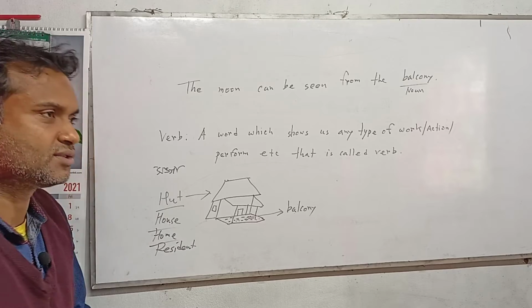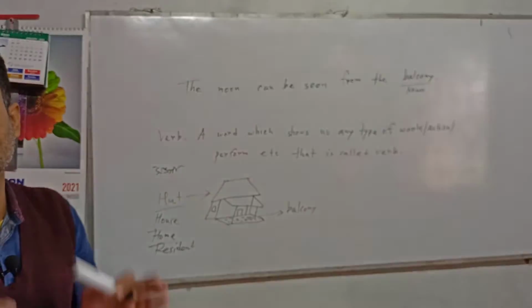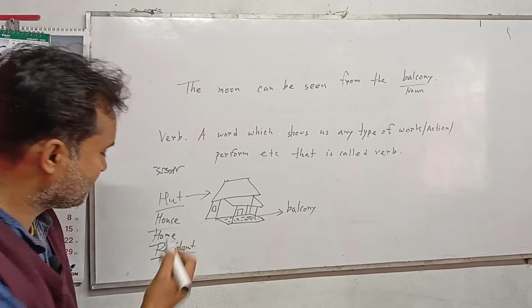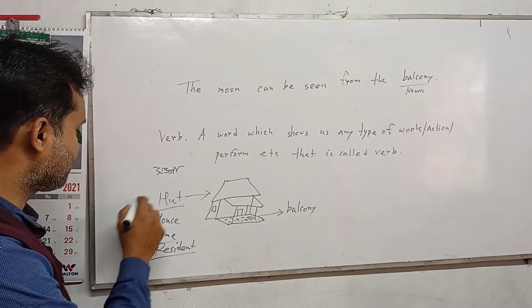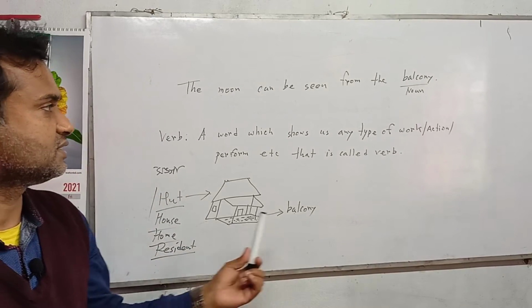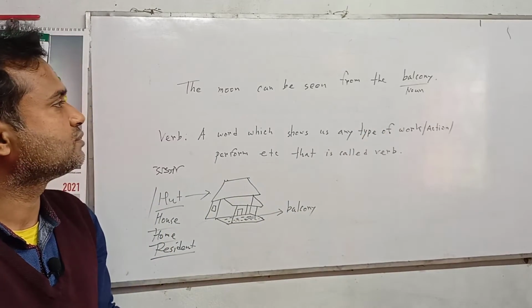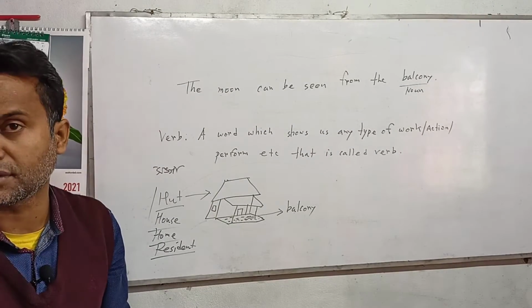Okay, so these are similar words. You can understand something, that this is one kind of house. You can say house, home, resident, flat. No problem. Just this is the word balcony. So this is the noun actually. Okay, so next one, my question is that you have to find out the